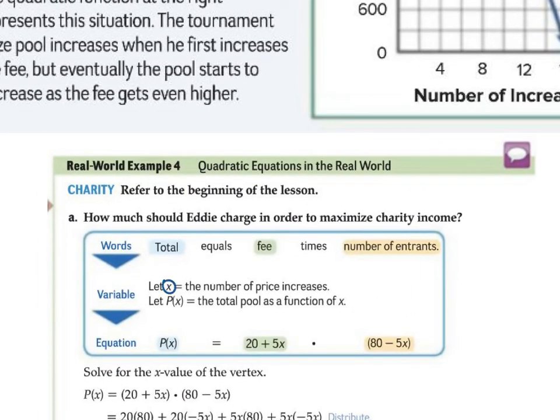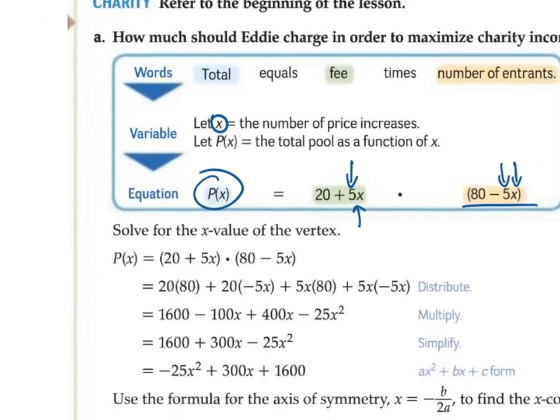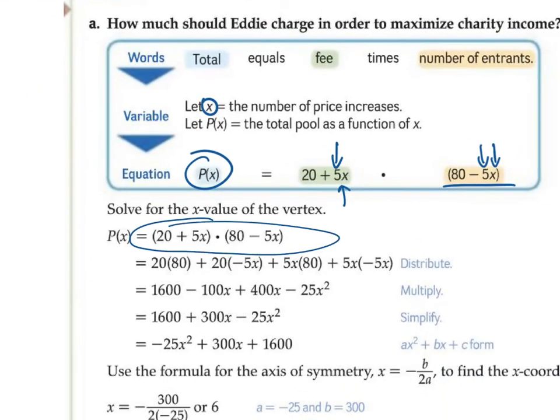We're going to use x as the number of times the price increases. So every time x increases by 1, the price increases by $5. And every time you increase the price, five people leave the tournament. So the money pool that he collects is going to be 20 plus multiples of 5, times 80 people minus multiples of 5, because every time he increases, he gets $5 more, but loses 5 people. Okay, so when you multiply this out using FOIL,